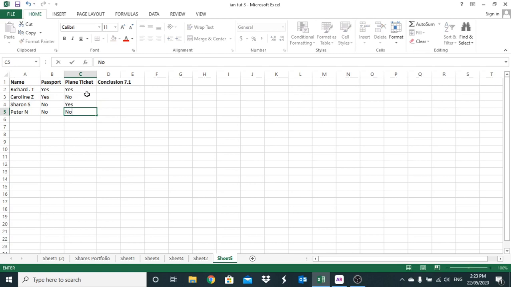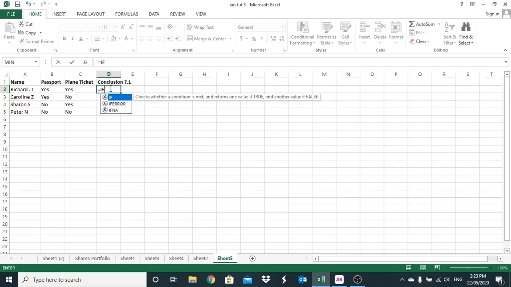Now we're going to enter a formula into the cell. I'm going to explain the formula as I type it out so that you understand its purpose. Each formula, as you know, starts off with an equal sign. This is an IF function, so we start off with IF, open brackets, B2, which is the first part of the condition here. If the value of B2 equals yes, so if, for example, we have yes in this particular cell,